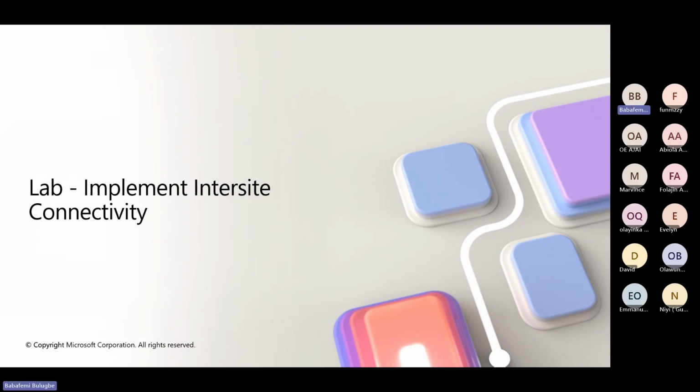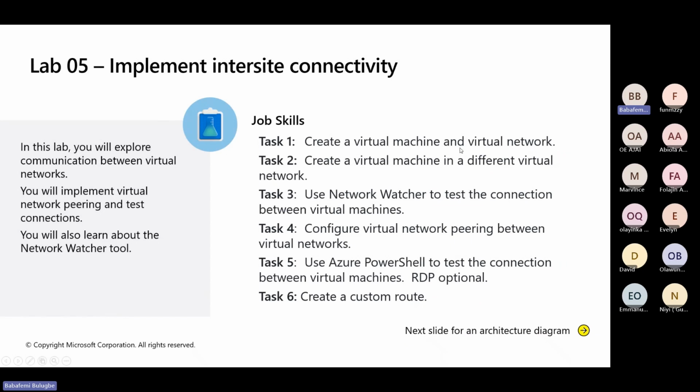Then this is the lab that explains our intersite connectivity. Just some of the things we've done here. You need to create a virtual machine within your virtual network. Then you need to create a virtual machine in another VNet. Then